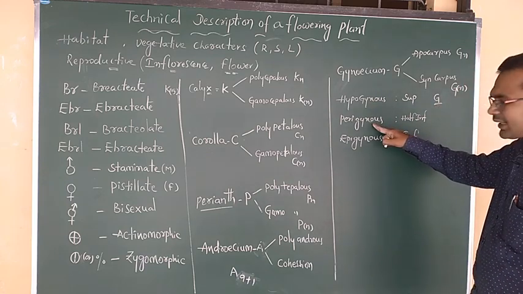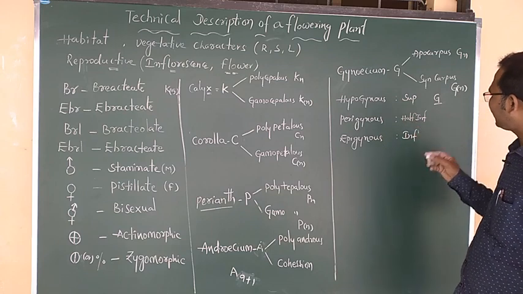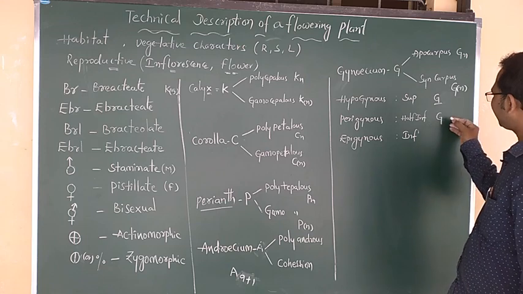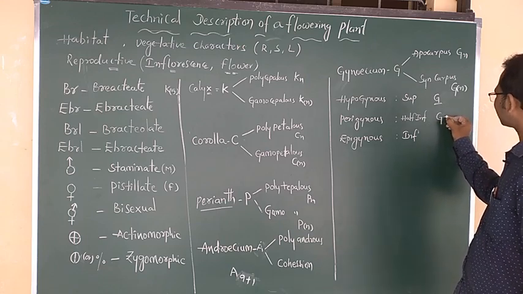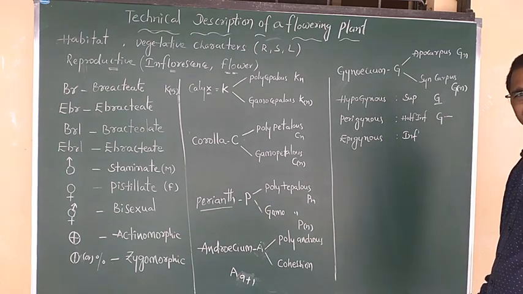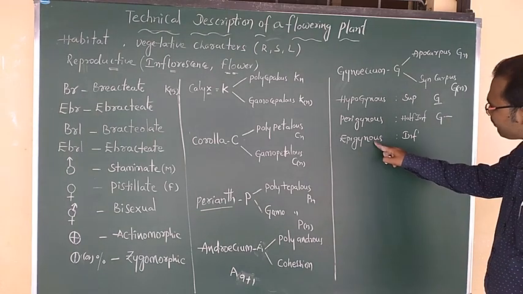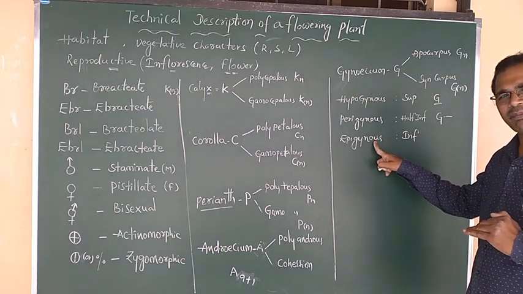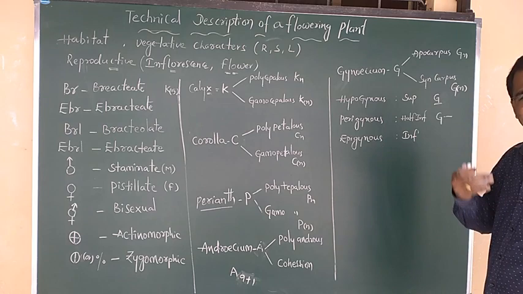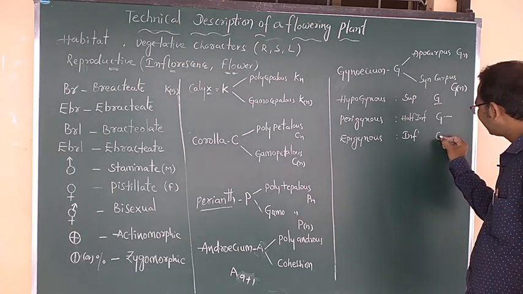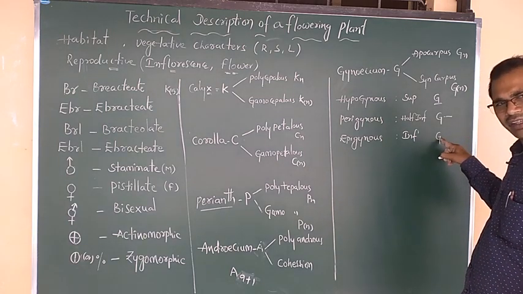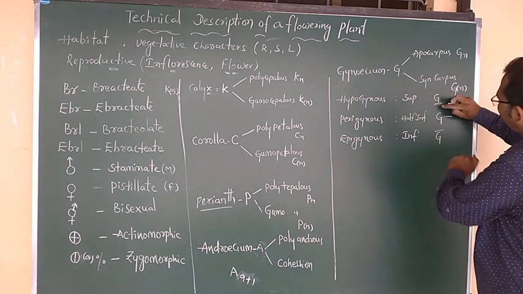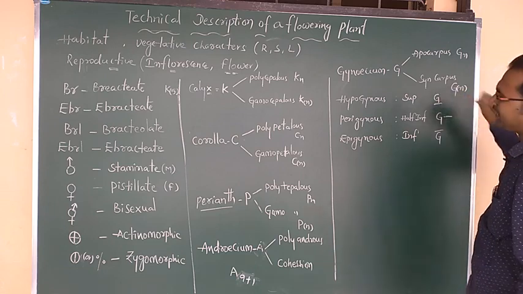If you take perigynous flower, the ovary is half inferior. Now for G, what do you draw, up or down? No, perigynous means half inferior, half superior. That's why the line is drawn in the middle. For epigynous flower, what happened? The ovary is completely on the downside, and the remaining floral appendages are upside. That's why the ovary is inferior. Ovary inferior means the line is drawn up. Up means ovary down, inferior. A line drawn down means ovary up, superior.